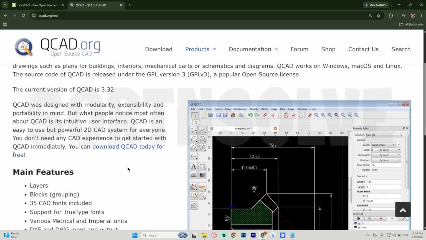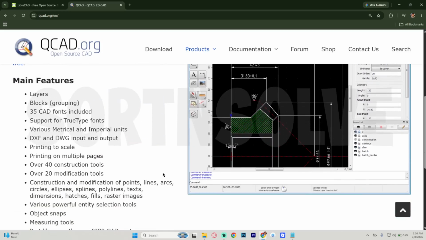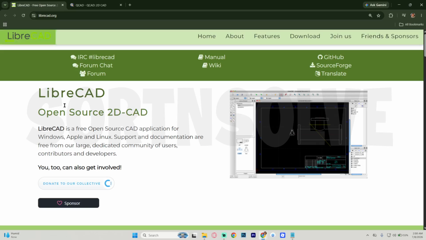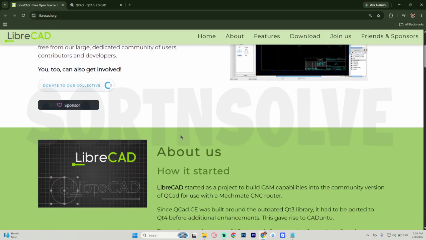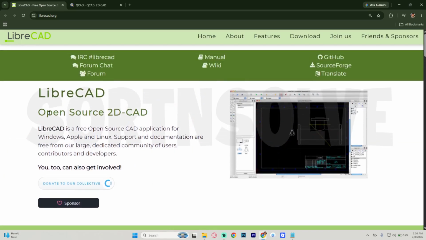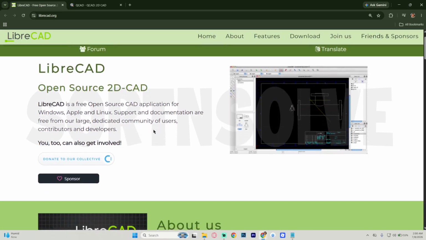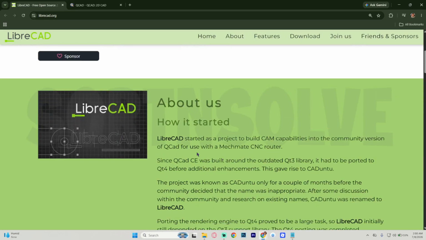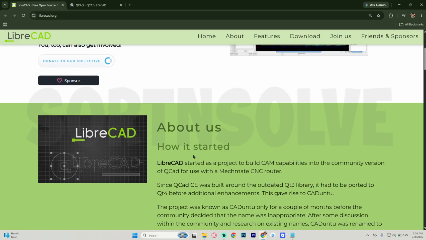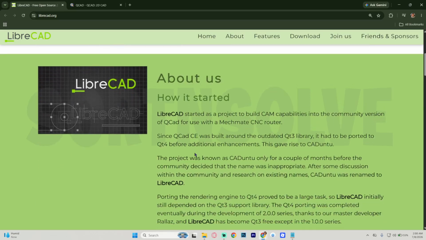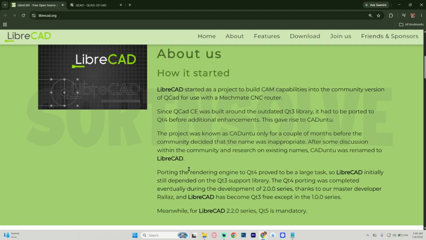To understand their relationship, you must realize they share identical DNA, as LibreCAD was originally created as a direct community fork of an older version of QCAD to escape outdated software library dependencies. Today, LibreCAD stands as a completely uncompromised 100% free open-source ecosystem under the GPL v2 license, with zero paywalls, zero locked modules, and a highly familiar user interface that mimics the core handling concepts and command lines of legacy industry